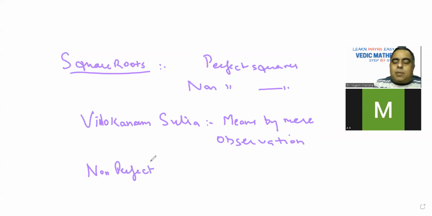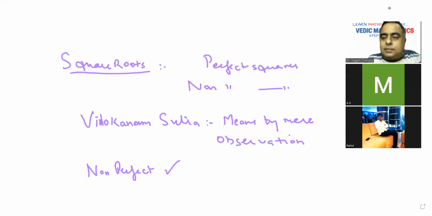But for small numbers, in which we know, because we divided the non-perfect into a perfect square and an additional component, we were aware of the perfect part. Any doubt up till now? Any questions you have? No, sir. Okay. So now we'll be doing a method which is not from Vedic mathematics, but I told you